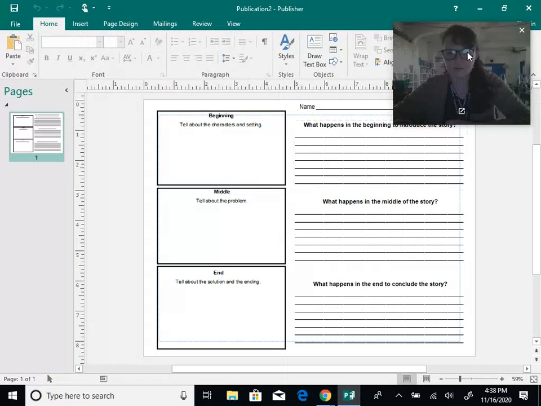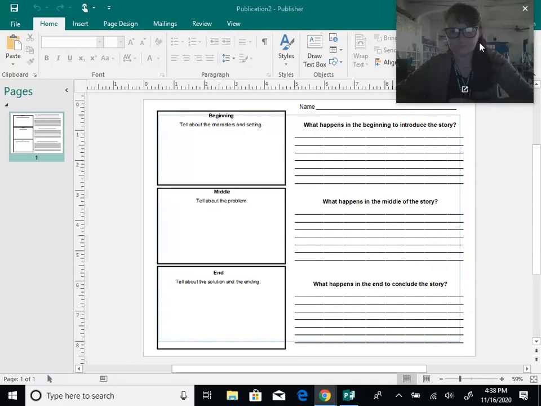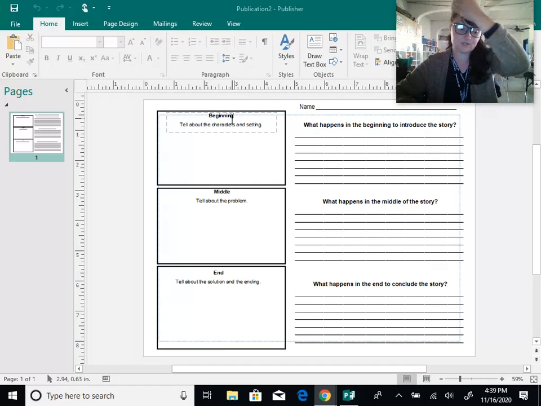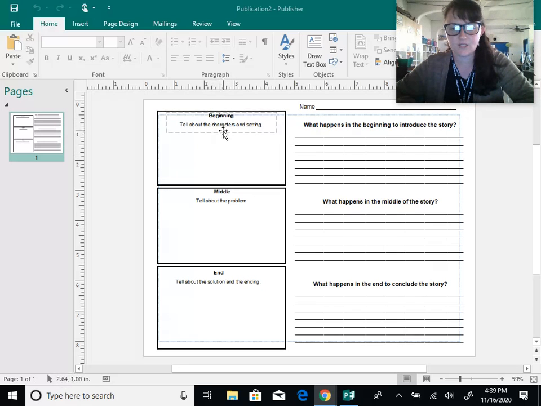All right, so now, as you can see, we have our document right here. So here's our graphic organizer, and I want you guys to talk about or discuss at home and fill this out. The beginning of the story tells about the character and setting. So I want you to write the character and setting, and then what happens in the beginning to introduce the story. So talk about what she talks about when she was young in the mountains,